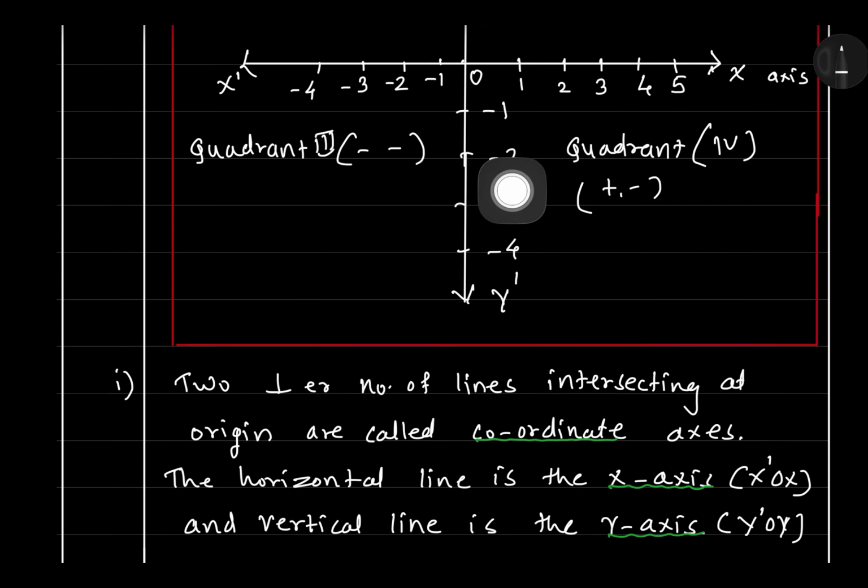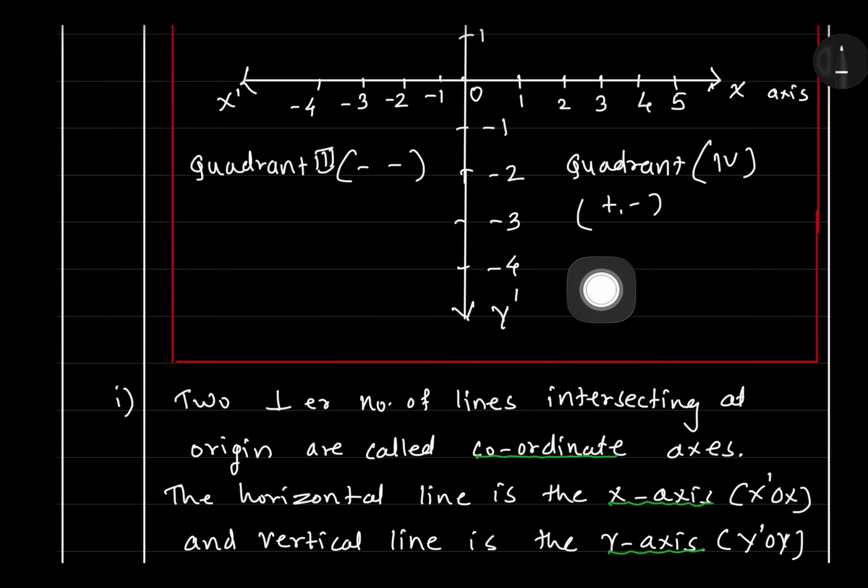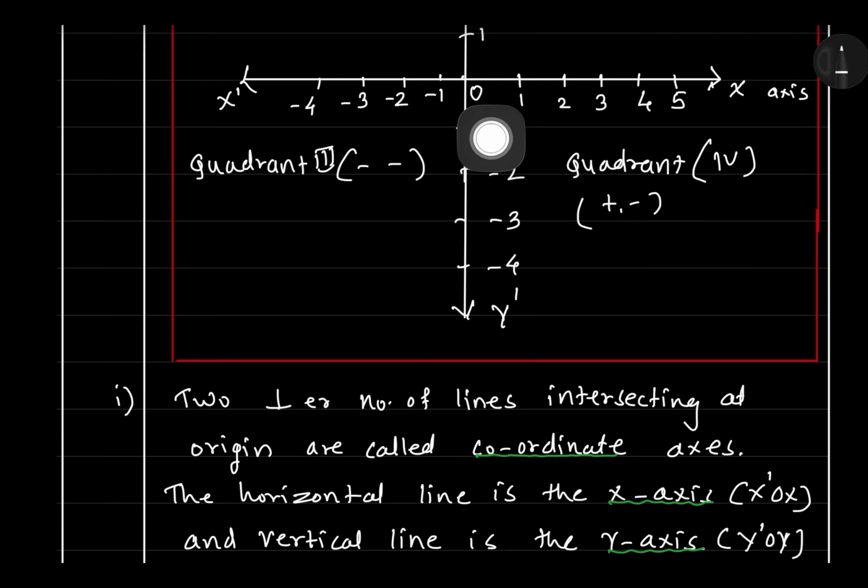Here O is the point 0,0. We'll see how 0,0 comes. You know that on the number line, 0 is there, but this O is actually the intersecting point of these two lines. On the number line, positive numbers start as 1, 2, 3, and before that 0 is there, and after 0 comes minus 1, minus 2. That means the point here is 0,0.